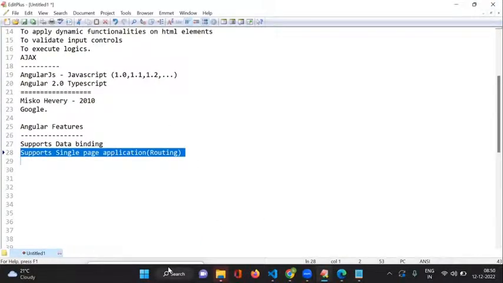I told you, this concept is very important and we are spending many days on it. At that time I will discuss how to work with router guards and role-based routing. The manager has to access some pages, the administrator has to access all pages. These types of restrictions we are also providing here. Next one, here it supports